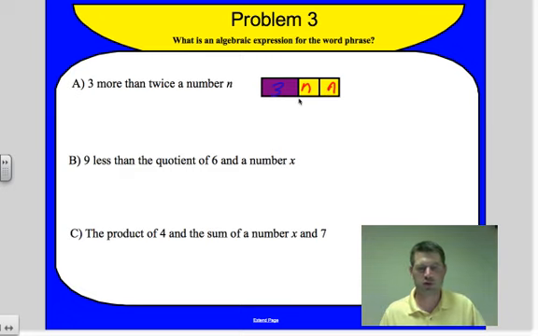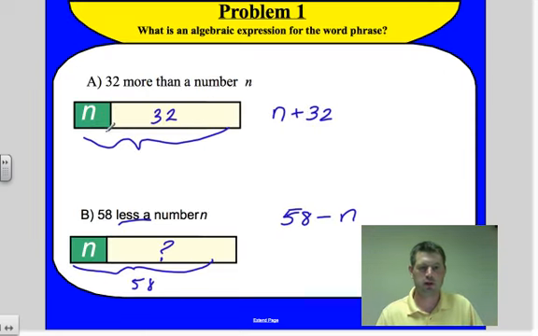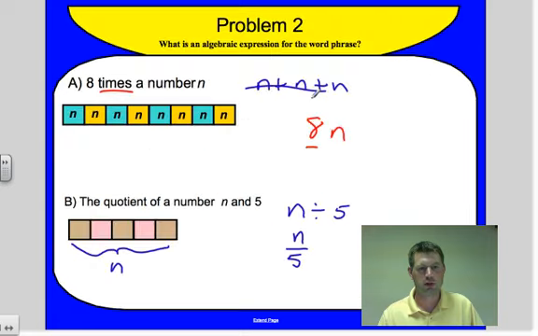So just like the previous problem that we did, we had 8 n's, so we put 8 times n. So we can kind of look at that and say, alright, well, we can have this as 2n. So we got that, but what's the 3 more than? So I'm going to back up real quick. And you can go back here and see 32 more than, we put quantity plus 32. Okay, so we can do that as well